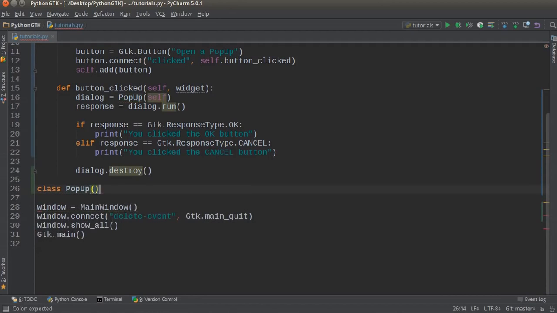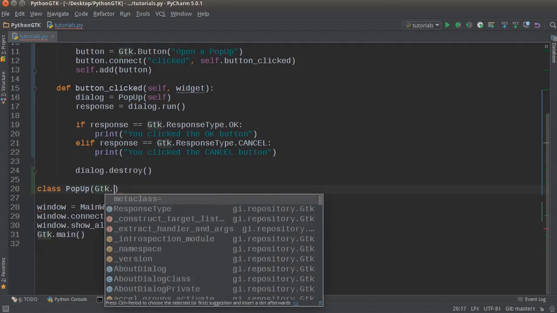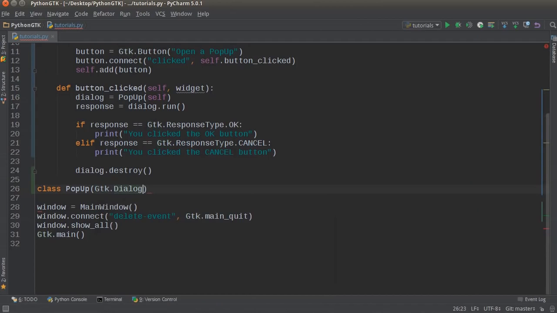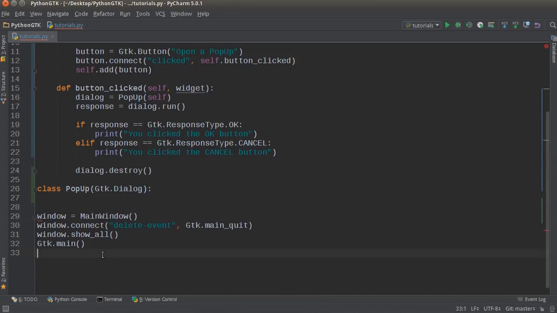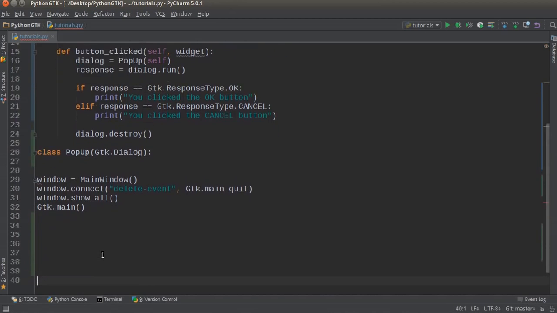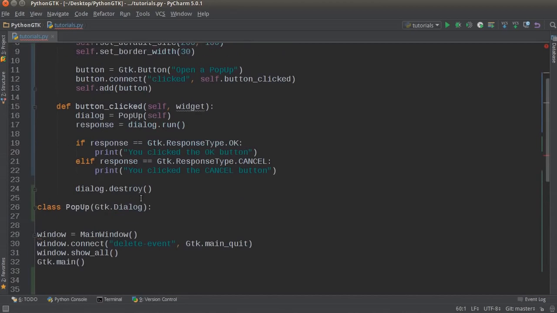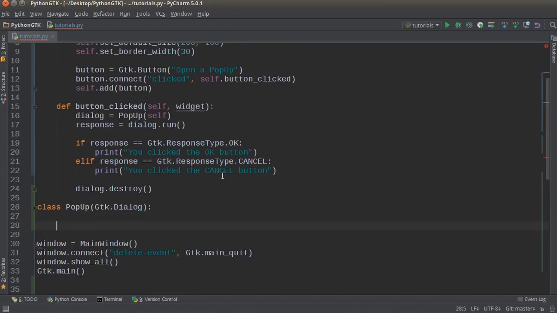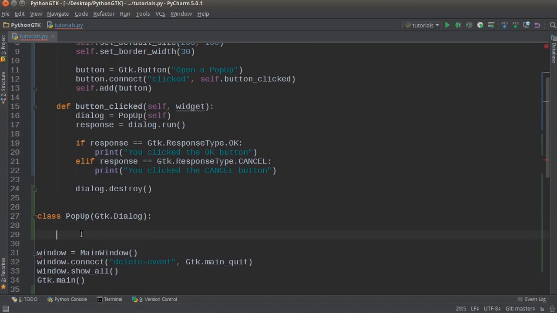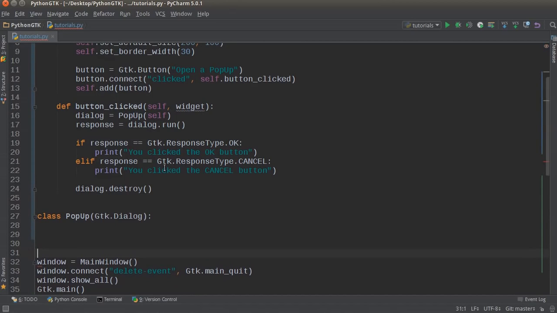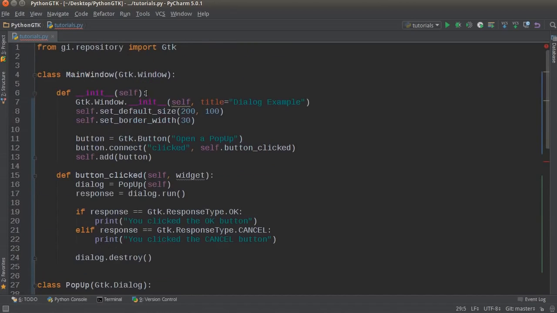There we go. Now just like before, it needs to inherit, but instead of inheriting from window, we're actually going to inherit from GTK dialog. So GTK already has a bunch of functionality built in for pop-up windows or dialogs. So make sure we grab all that and inherit it into our fancy new class. Alright, so after here, what we need to do is create that init method, and if I just copy this,